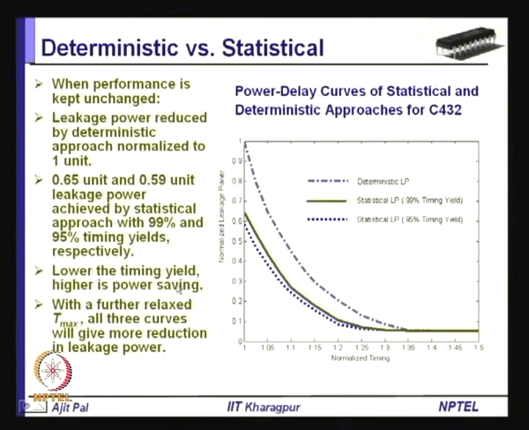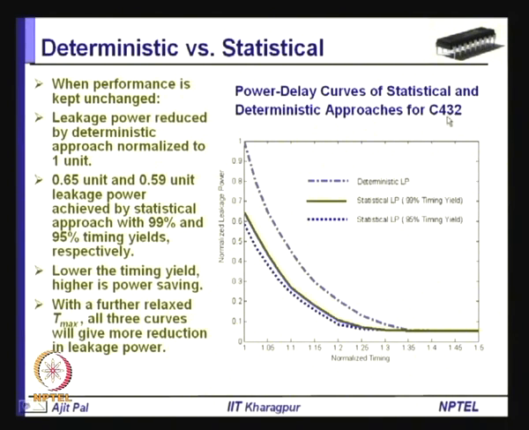So, that means if you are ready to accept a larger delay, you can have higher yield. With a further relaxed T max, all three curves will give more reduction in leakage power. So, if you are ready to accept larger delay, as I told, leakage power can be minimized. So, these are the power delay curves of statistical and deterministic approach for a particular